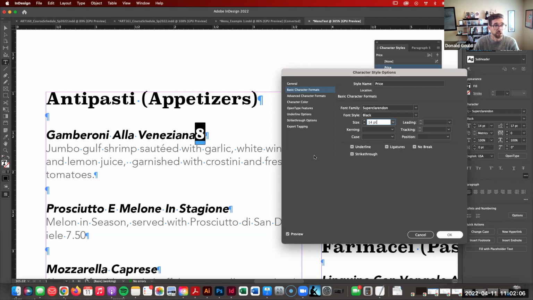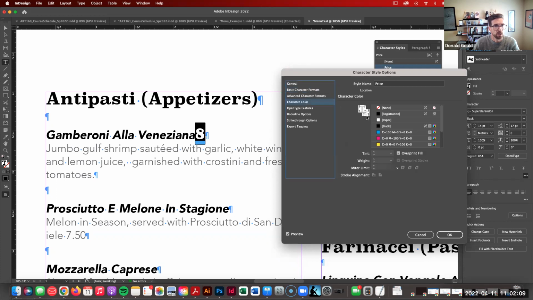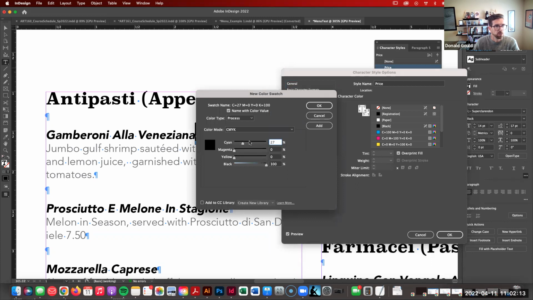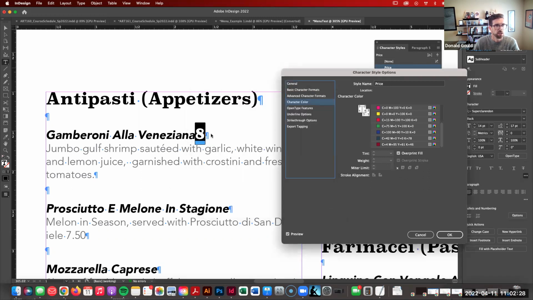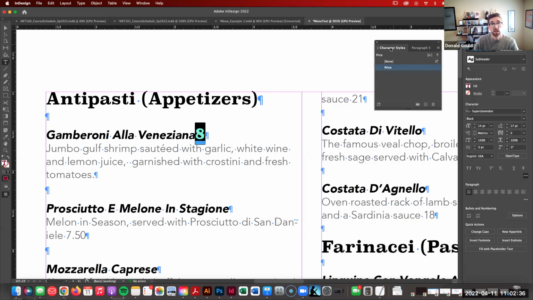And I'll go ahead and hit, actually, let's do one more thing. Let's do the character color. Let's change this to a new color here as well. Maybe we'll use, and of course, ideally I'd be referencing my actual branding template for this, but I'm just kind of pulling this together for right now. So I'm just going to go ahead and change the character color there to that new assigned color and hit OK. So now we have this new character style here that's placed within this different paragraph